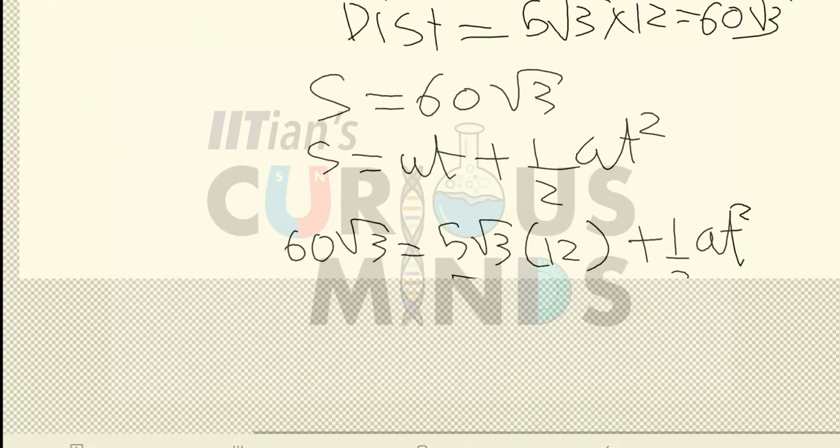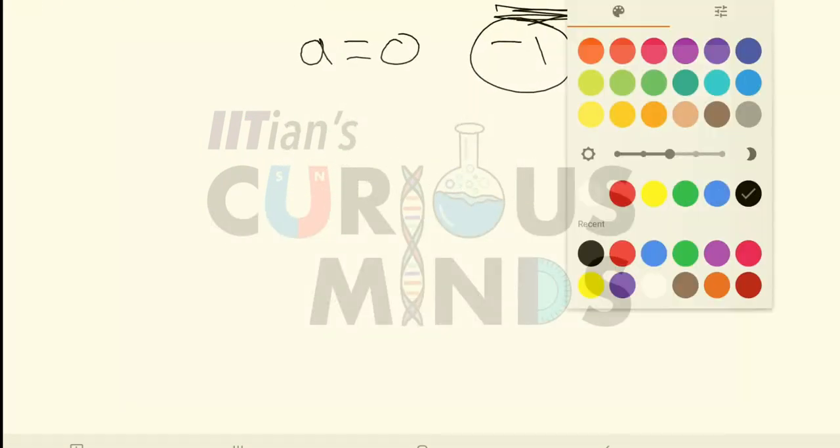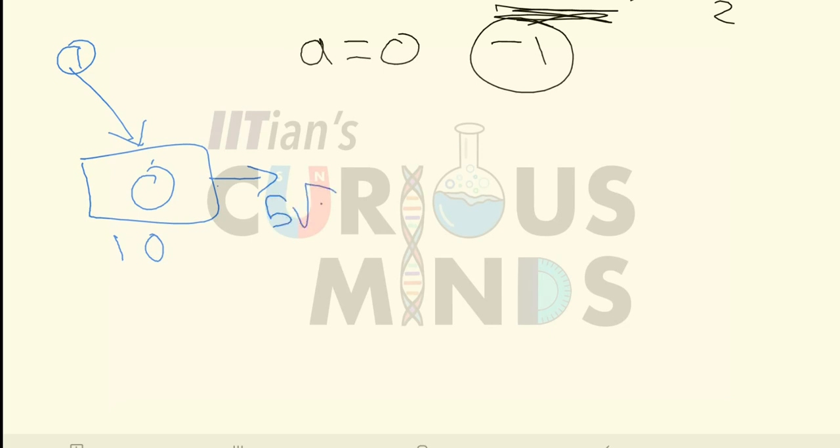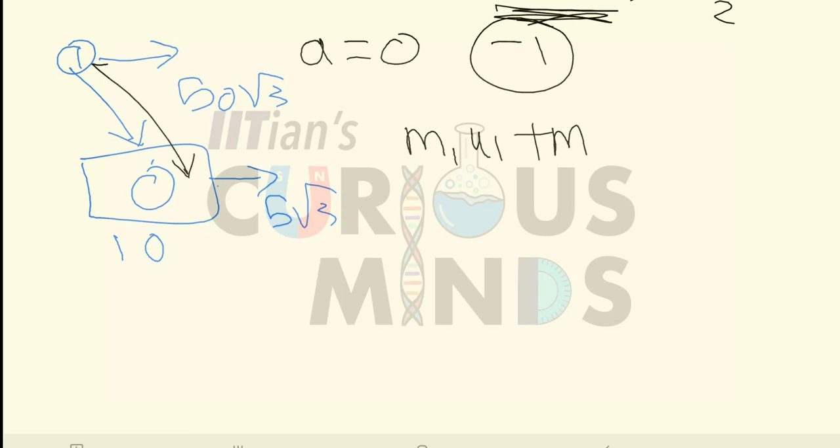We will again use the same conservation of momentum. The second cannon also hits, its mass is equal to 1 kg. Now this carriage already has one cannon in it, so the total mass is equal to 10 kg. It is moving in the horizontal direction with a velocity of 5 root 3. Its horizontal velocity is the same, that is 50 root 3 in this direction. Let us conserve the momentum over here. Now the second cannon also sticks to the carriage after the impact. So I can say that m1 u1 plus m2 u2 is equal to m1 plus m2 into v.